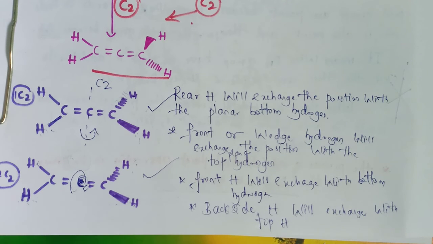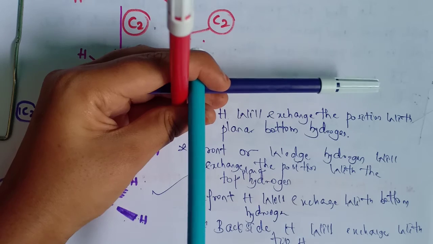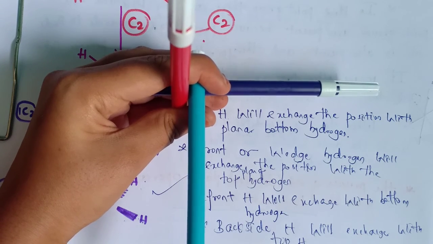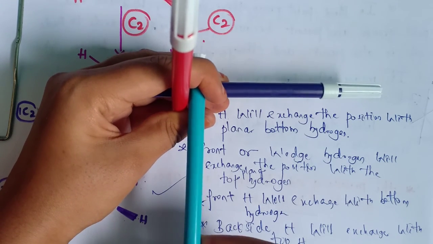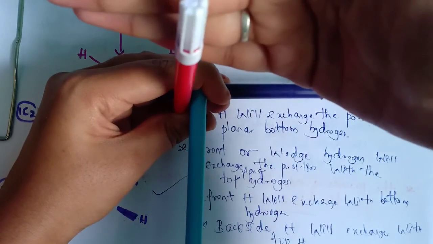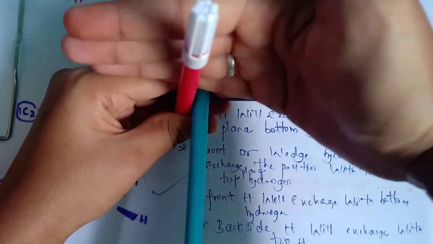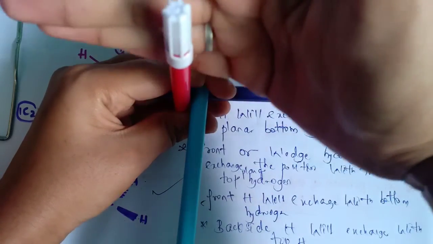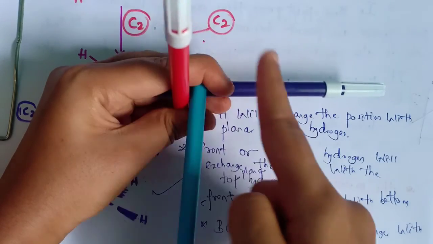So what is a diagonal plane? It should bisect the angle between the two C2 axes. It is difficult to show in the halene. If you imagine, these are the three C2 axes of this halene. See here, and one diagonal plane is passing like this. See, between this and this, it is passing like this. It is bisecting between this and this.